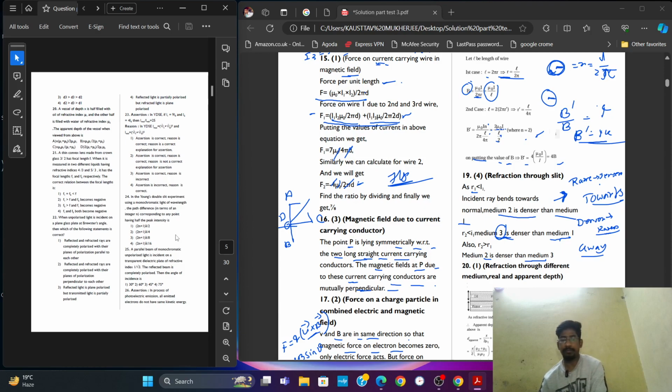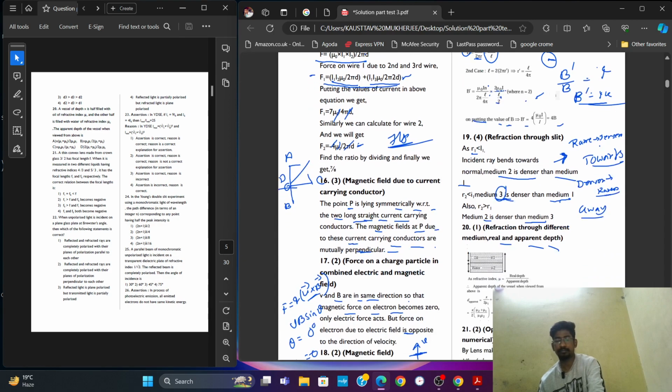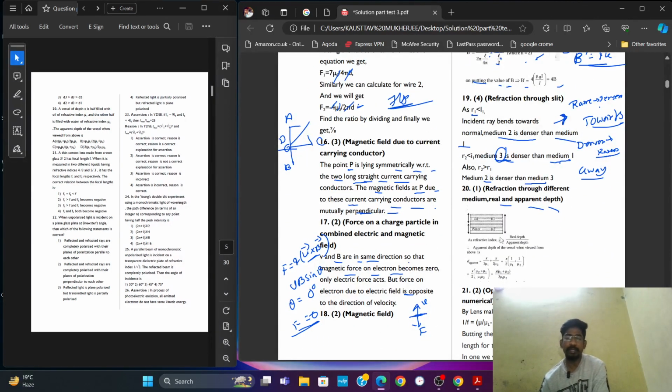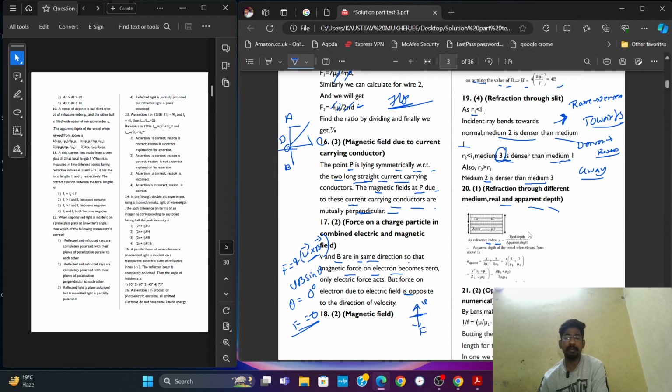Okay. Refraction through different media. As we know, refractive index is nothing but real depth by apparent depth, d by d dash. Sometimes it is written like this, d by mu, right? The apparent depth when it is viewed from above, d dash, will be equal to